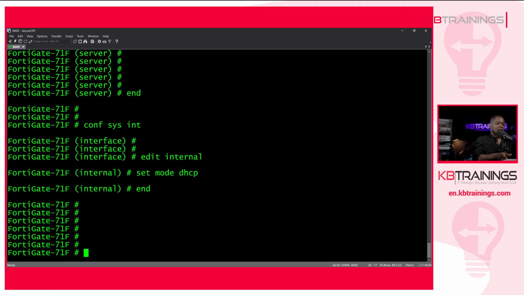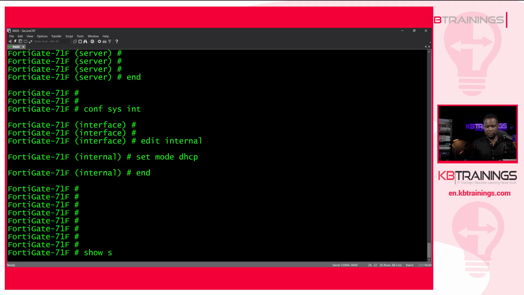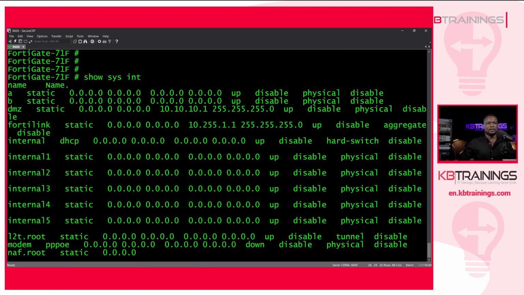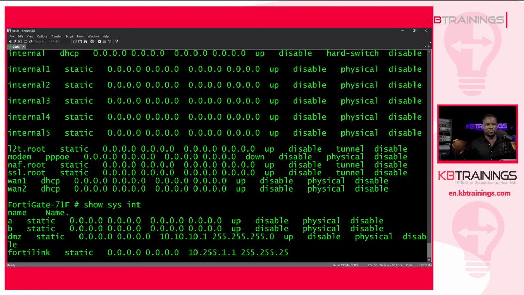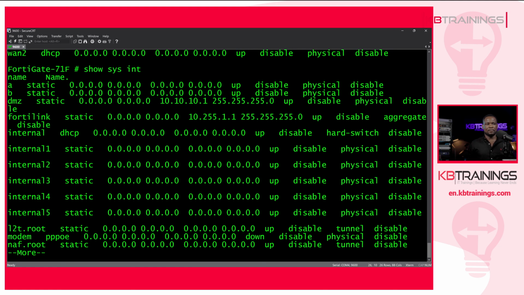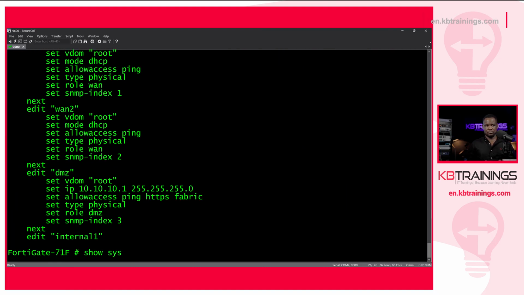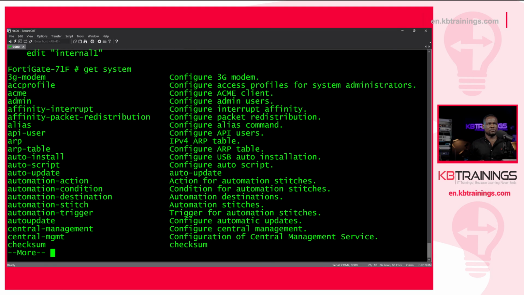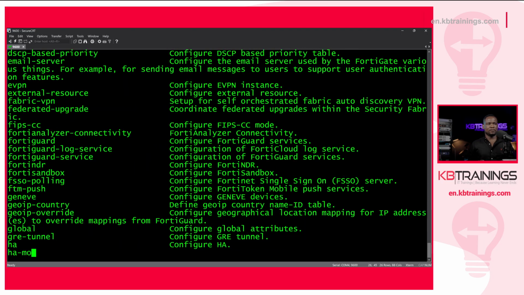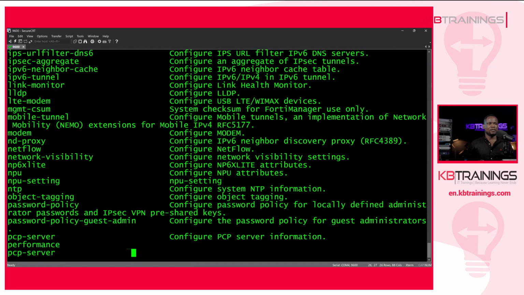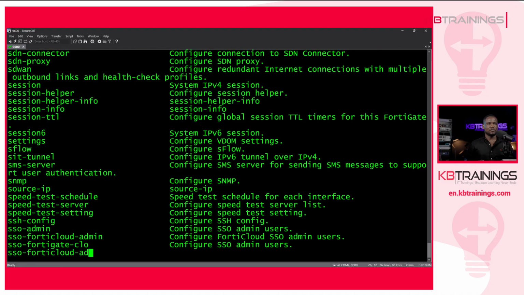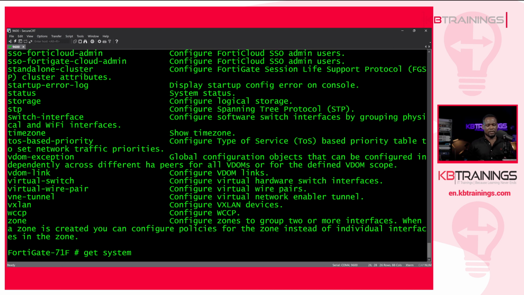Right now I can just unplug it and plug it back in, so we can get an IP address assigned to our internal virtual interface. It should come at any moment now. There was another command to get the IP address. I forgot what it was. There was an IP command that would show you the different interfaces and the IPs they have on them. I don't know which one it is, but what I usually like to do is